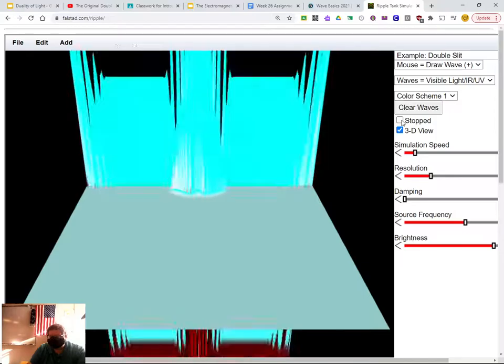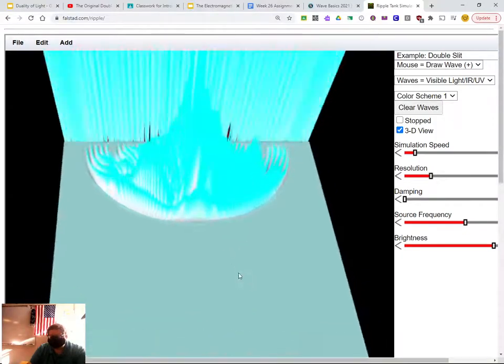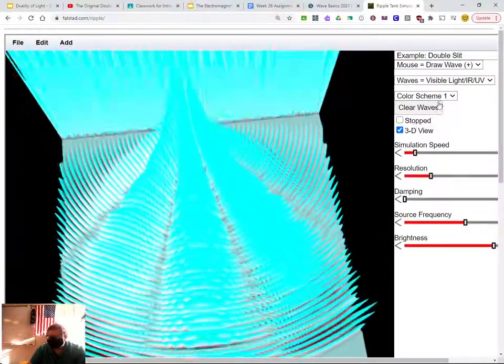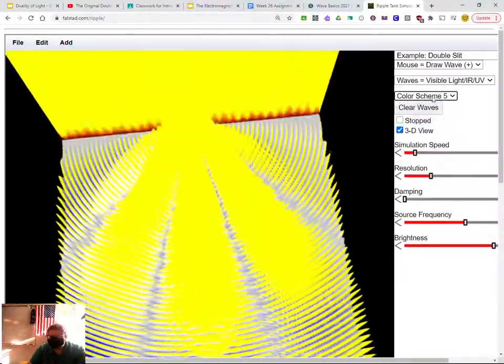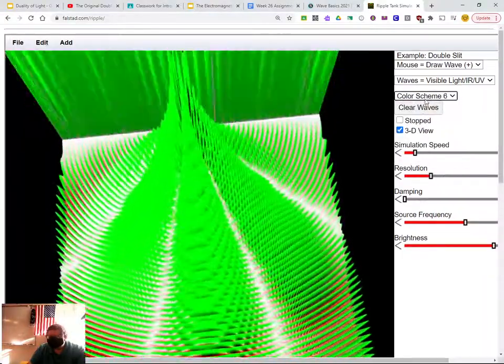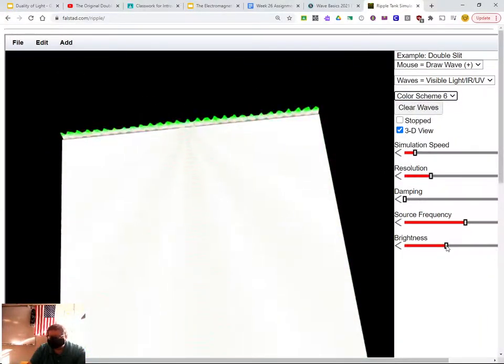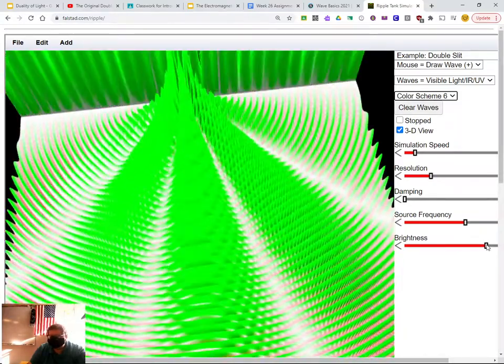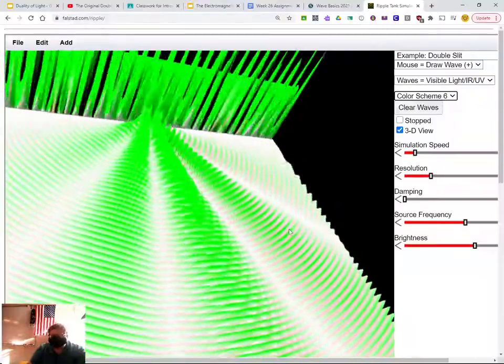That might be too big to be useful, actually. It's okay. Let me change a different color scheme real fast. That may help. Okay, maybe not. Let me take the brightness down. Maybe that'll help. Okay, let's try this one more time. Nope. Okay, sorry, it's not working very well. But the point is,